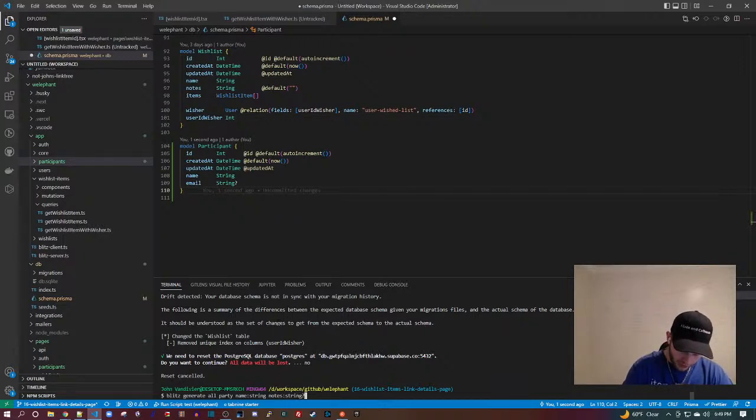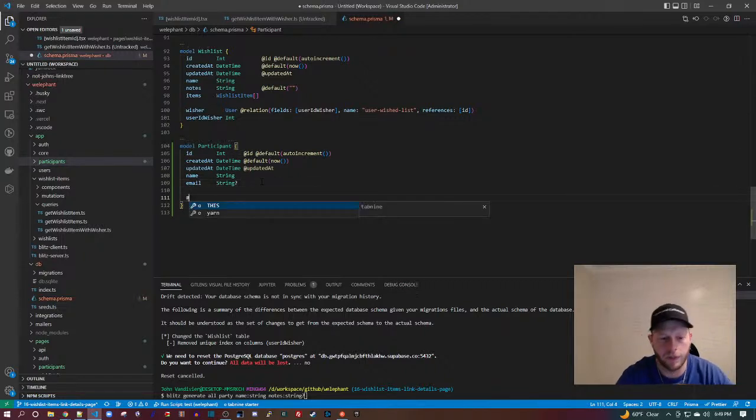Shouldn't the wishlist participant relationship be MN? So participant is going to link to a user. I haven't written it here. Here, I'll put it to do.